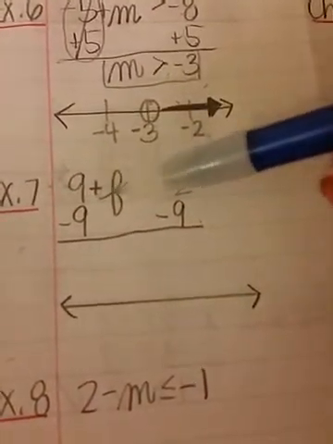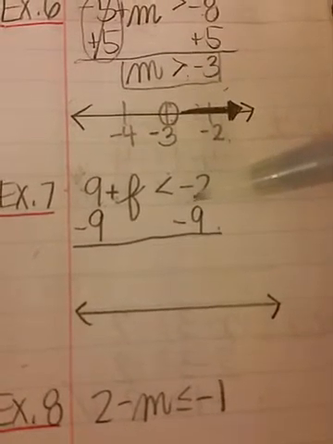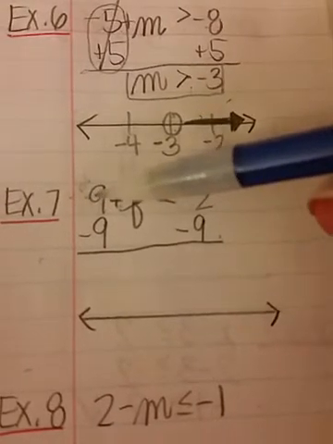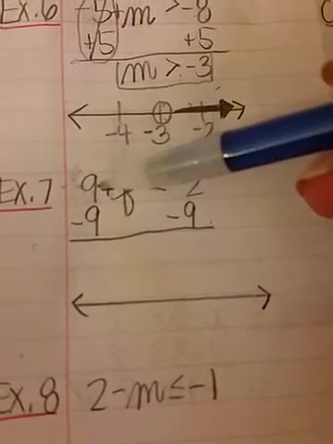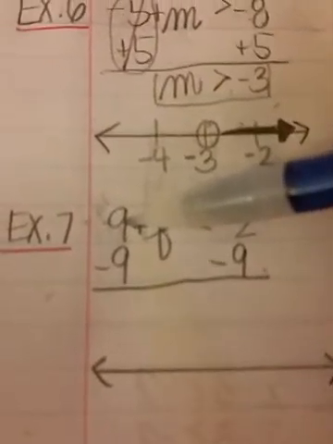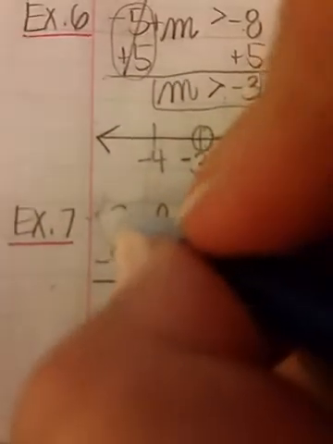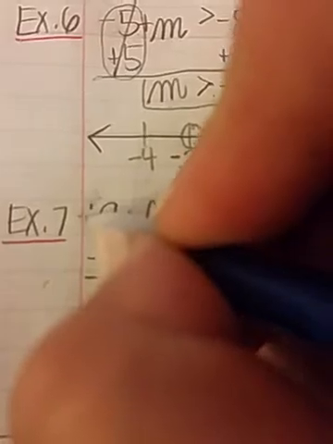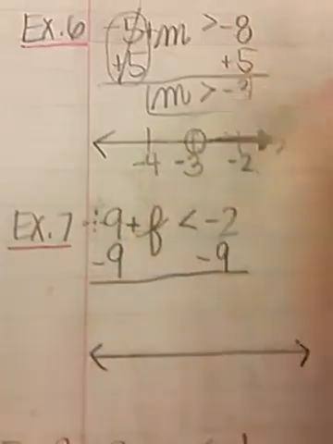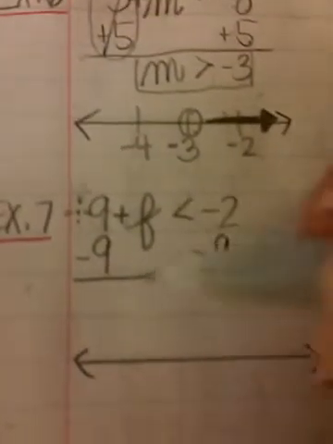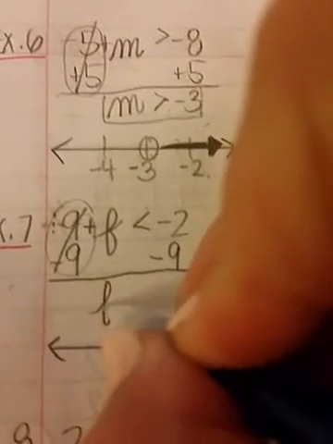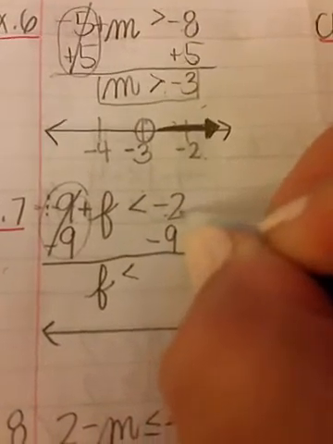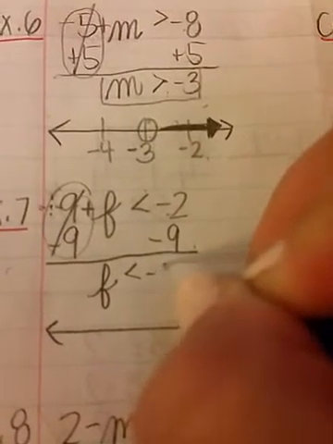My next one, which I started before, I have 9 plus f is less than -2. There's no negative or positive sign in front of this 9. Whenever there's no sign there, we always make sure that it is positive in our heads. That's an invisible sign. So I had to subtract 9 from both sides to get f